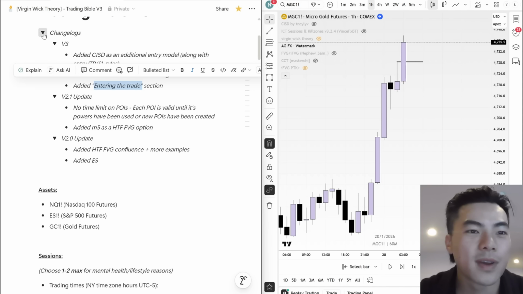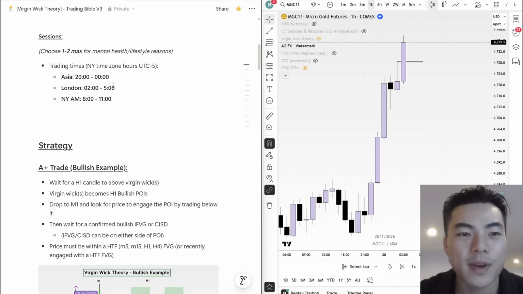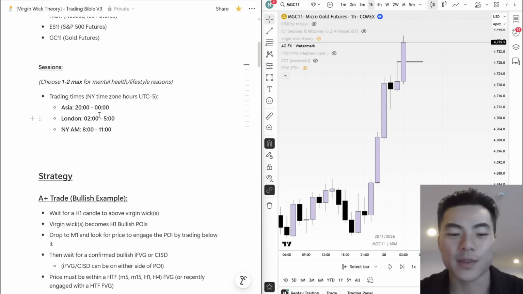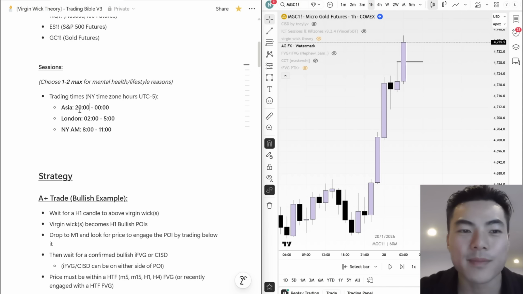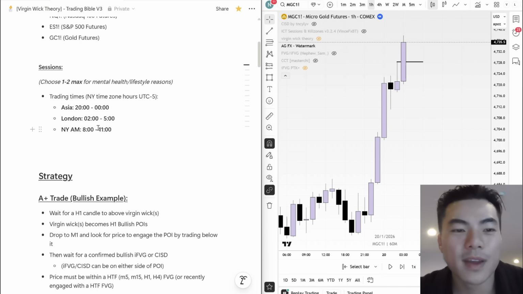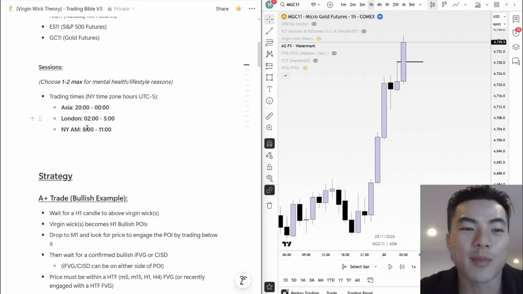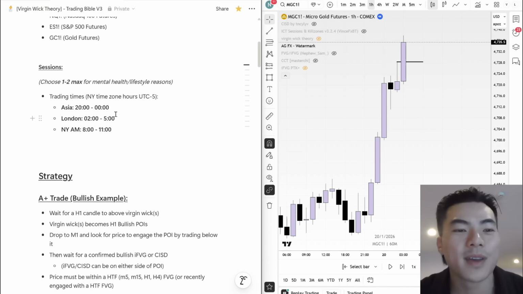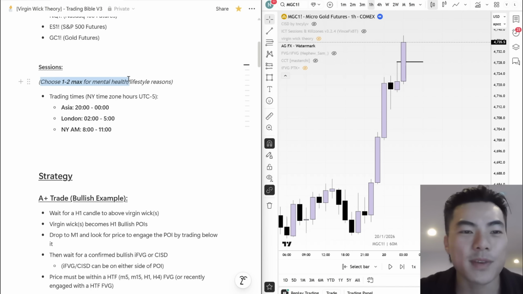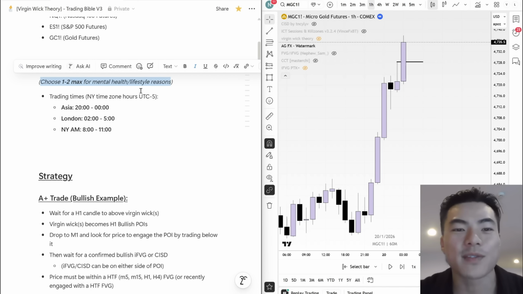Okay, so it's still just trading NQ, ES, and gold. All the standard kill zones, in New York time: Asia 8 to 12, London 2 to 5, New York AM 8 to 11. You can trade PM as well, but I didn't put it here because I never trade PM. That's my sleeping time. But I also added this: choose 1 to 2 max for mental health and lifestyle reasons,